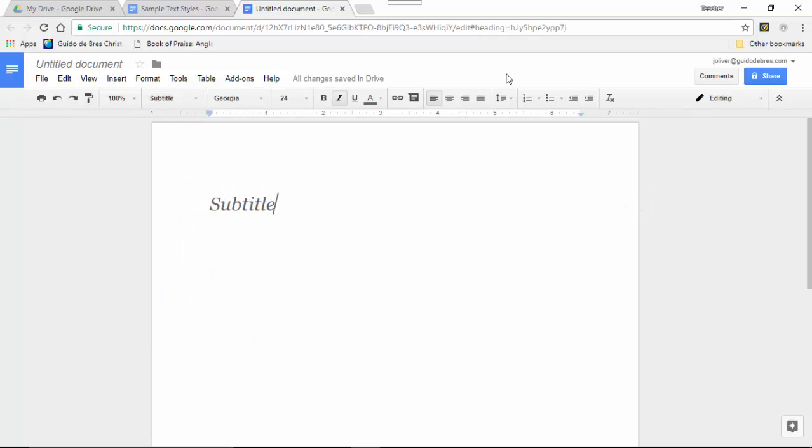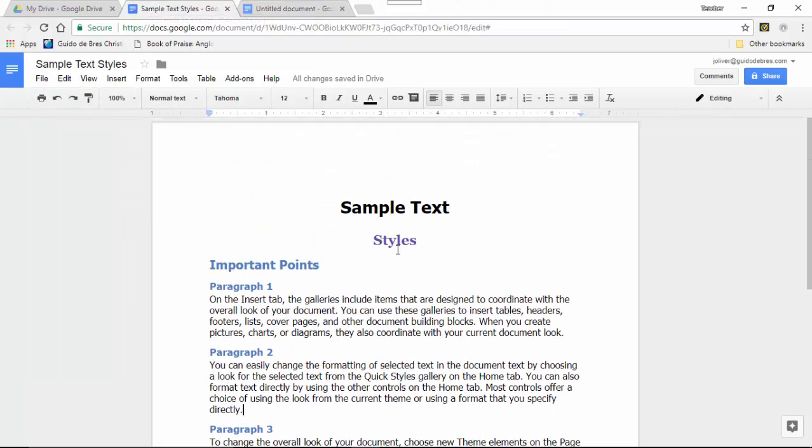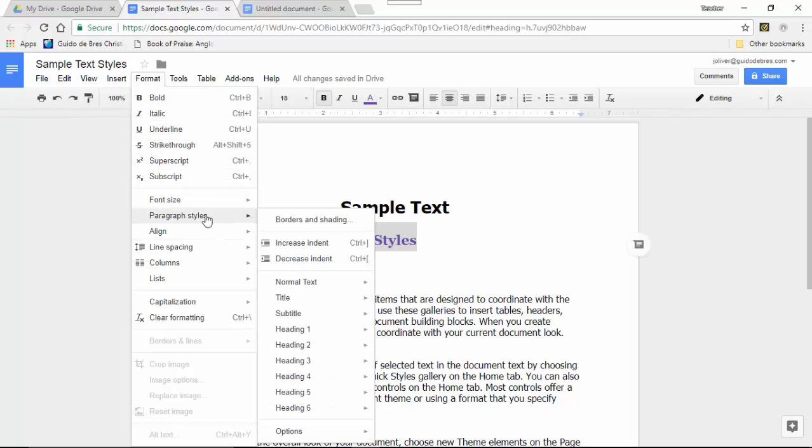So if I want to use this as my subtitle forever, what I'm going to do is go to the Format menu, and down here in the Format menu I have these paragraph styles, and there they are: normal text, titles, subtitles, so on. Right at the bottom I have the option to save as my default styles, and if I click on save as my default styles,